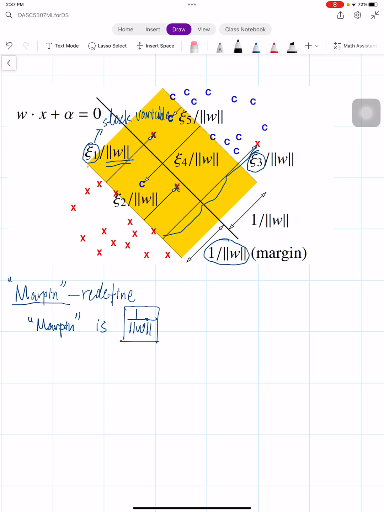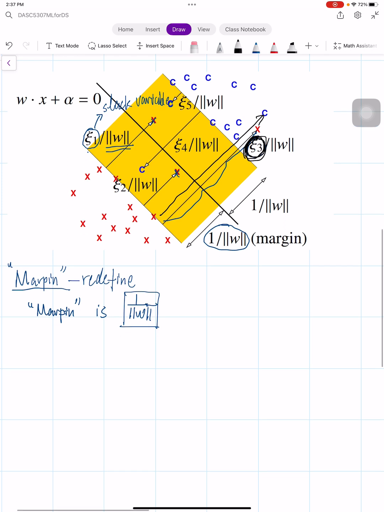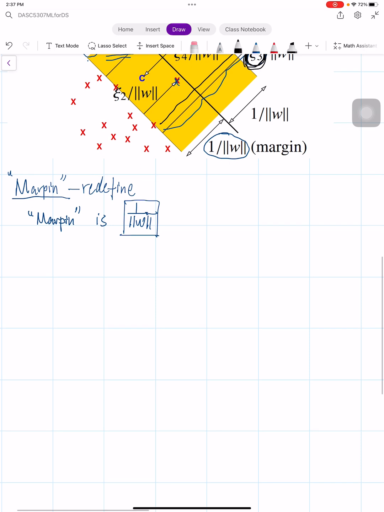But we also do not want to overuse this slack variable. If we give too large a slack variable, we can misclassify too many points. So we need to give some restrictions to the slack variable. How do we impose these restrictions on the slack variables? To prevent abuse of the slack variable,